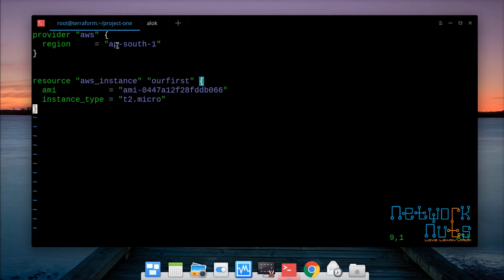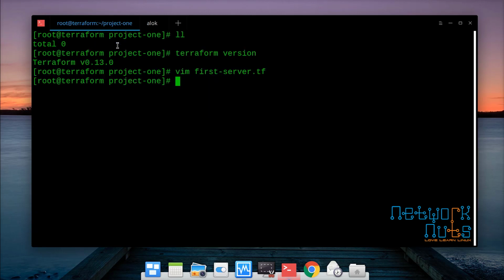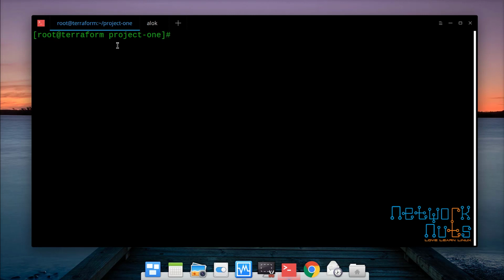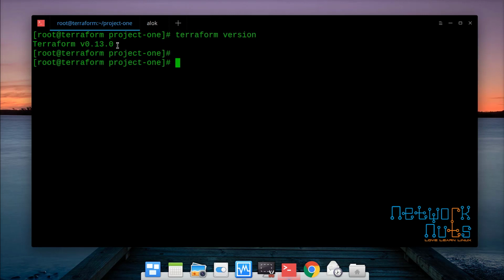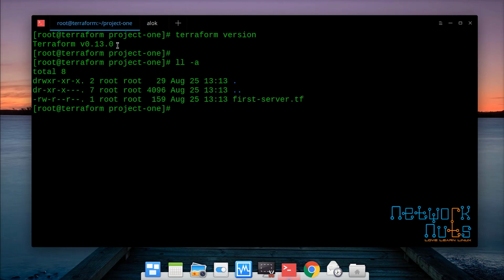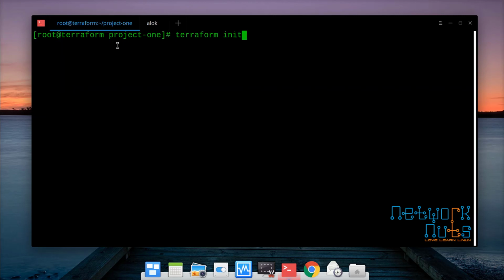The idea here is not to go deeper into how to create instances or resources. The idea is to learn how Terraform behaves with the providers, right? So I've done it. Again, if I run the command Terraform version, I see nothing here. It's blank. Only the Terraform binary is there, which is already installed. Now there are no hidden directories, only a single file. The moment I give Terraform init, as you know, this is the first command which you will give.